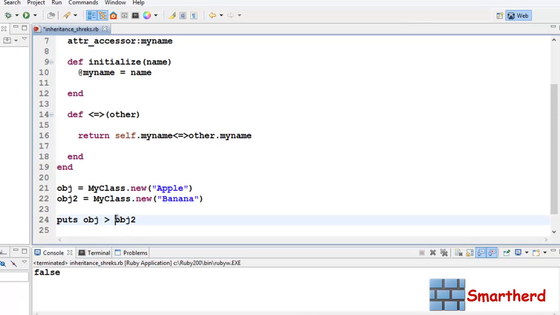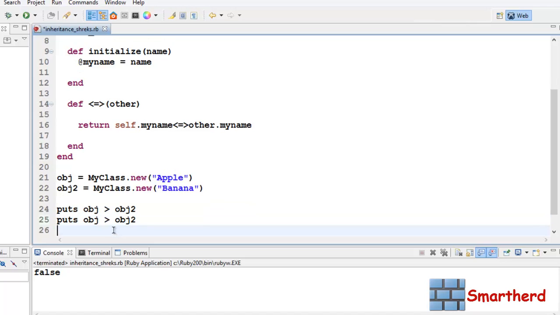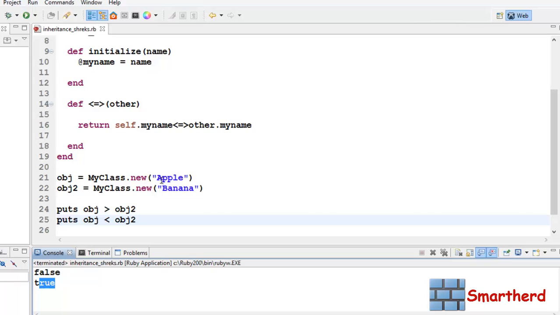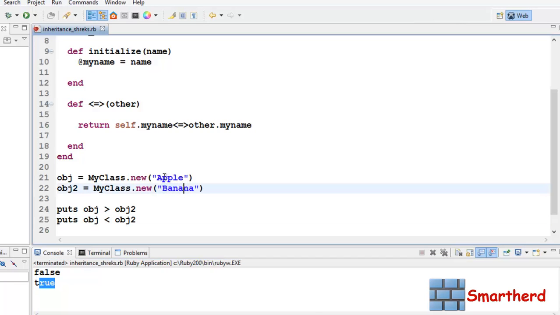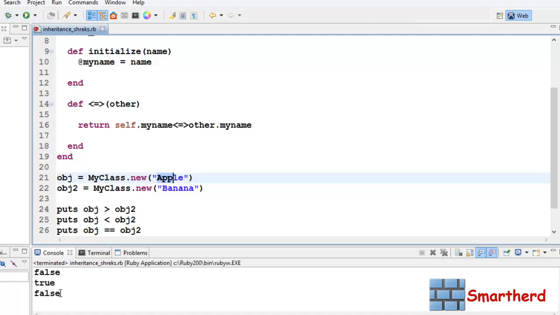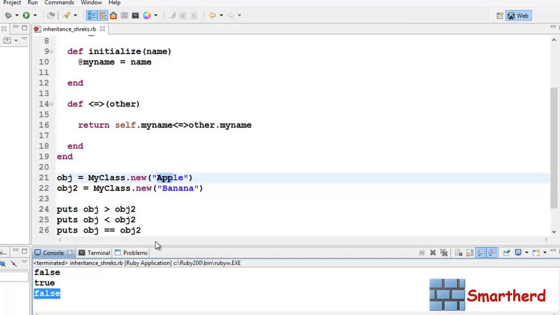Now let's copy it and write smaller than, then definitely we'll get output as true. Yes, true, because apple is smaller than banana. Its ASCII value is smaller than banana's. Now let's write puts obj == obj2. We are comparing the string values apple and banana. Let's save it and execute it. Again we will get false because apple is not equal to banana.